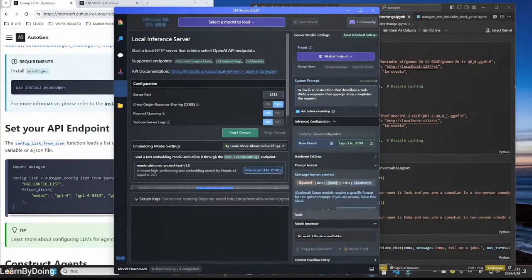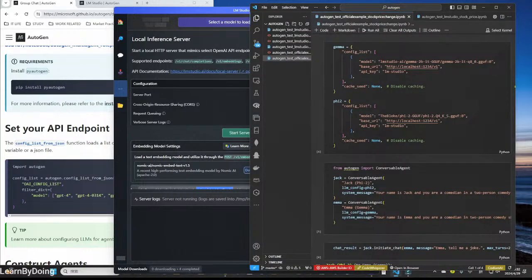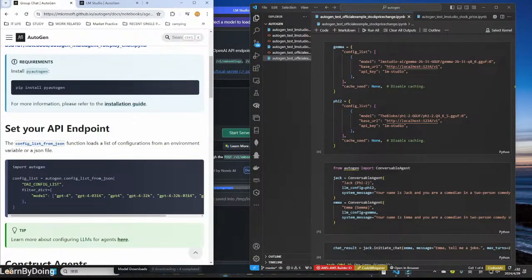Then, of course, we need the Visual Studio software installed so that you can run the Python code very easily. And the last and most important thing is AutoGen. AutoGen is a package, I think package is the right name because I'm going to import it in the Python environment. AutoGen is, I think, developed by Microsoft and is very useful for me to build this conversation